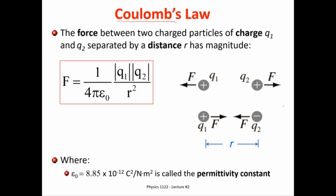And he did some experiments to discover that the force between two charged particles depends on both the charge on those particles and also the distance between them. And the equation that was arrived at is the equation that's shown in this red box. So what this equation says is that we can calculate the magnitude of the force that's exerted by one charged particle on another by multiplying 1 over 4 pi epsilon naught, and this is just a constant